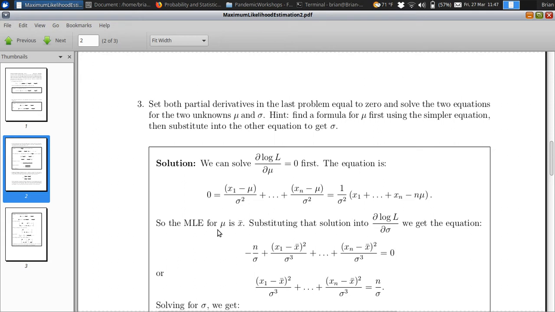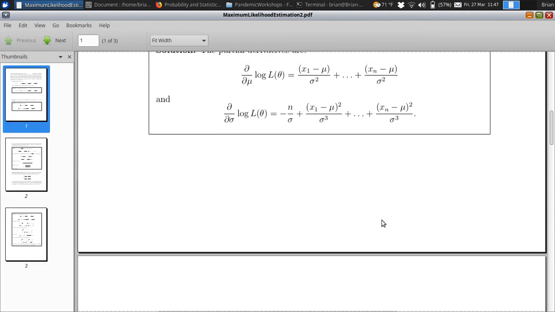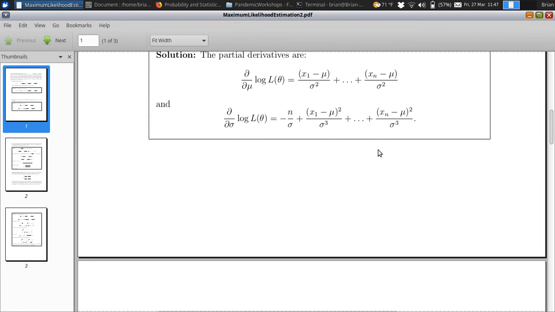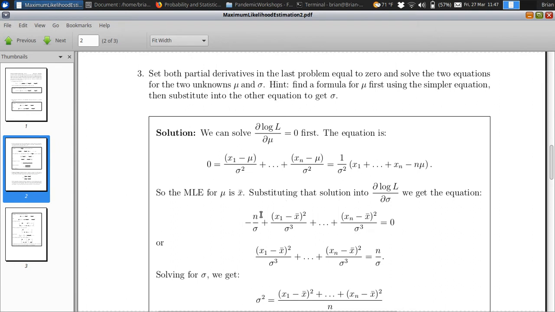Now that we've got the estimator for mu, we can use that as our first solution, and we can substitute it into the second equation. And so we go back to the second partial derivative, this one, and we're going to substitute in x bar for mu, and then we're going to solve this equation for sigma. All right, so we go down here. Here's that equation copied down with the x bar substituted in for mu,